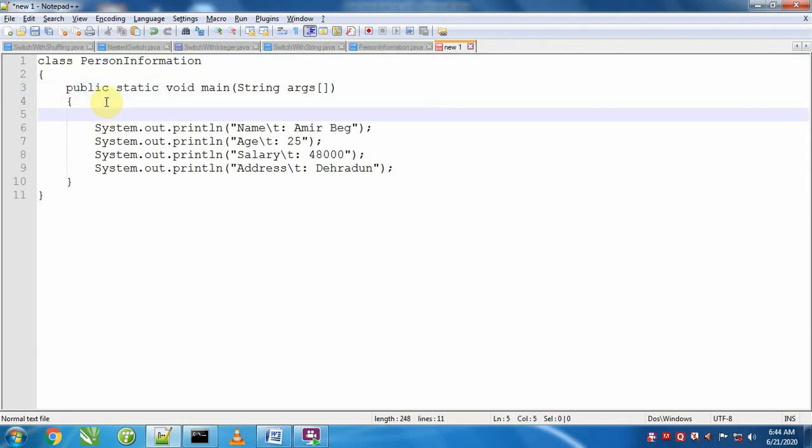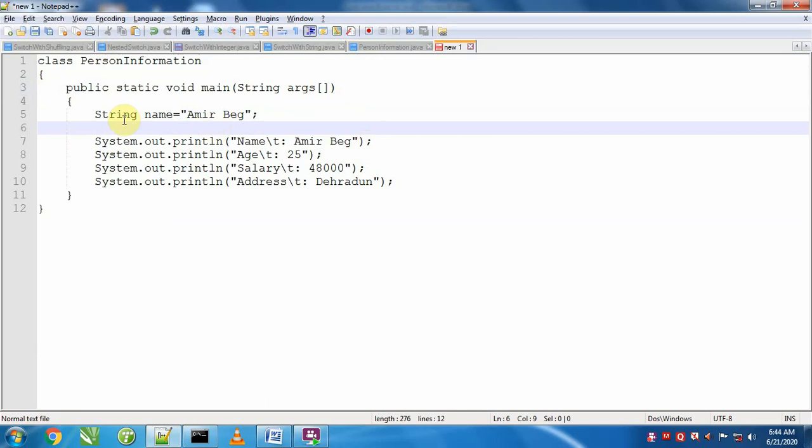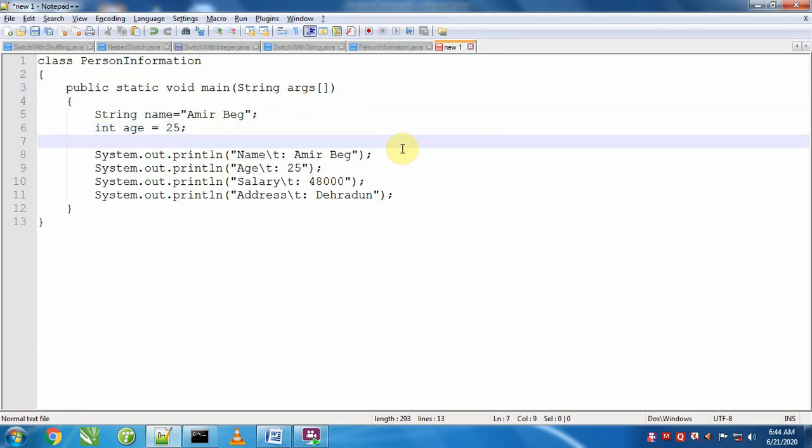Now here I will take a few variables. To store name we will take String name. Name is a string, so we will take the string data type. Second is age. For this we will take integer because it is a number. For a number without decimal point we will take integer.